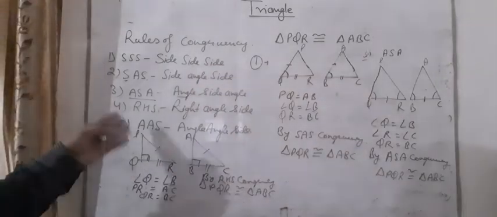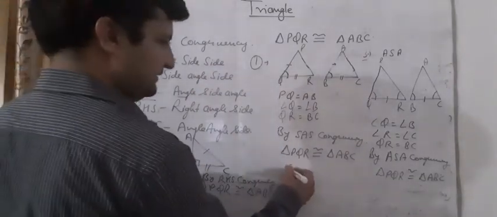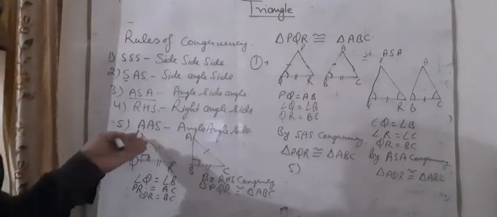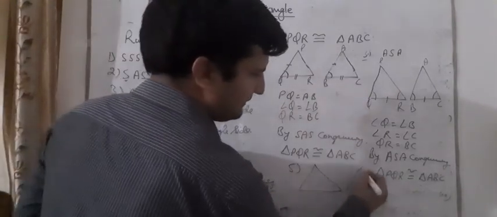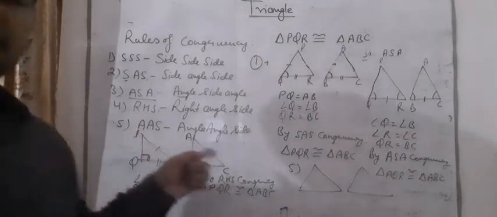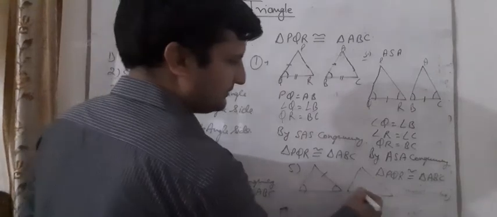So these are the properties, and the last one is the angle side property. It is also part of the angle side angle property. But how can we use the angle side property, students? There is no need for the angle के side और angle के बीच का ही कोई angle हो. If two angles are like this and one side is equal,